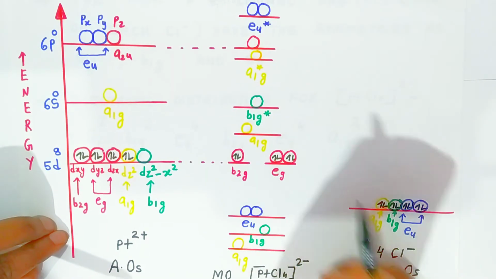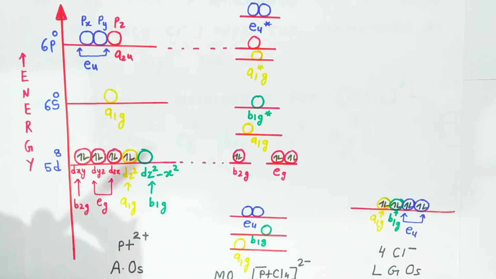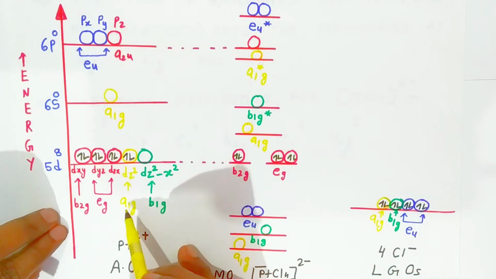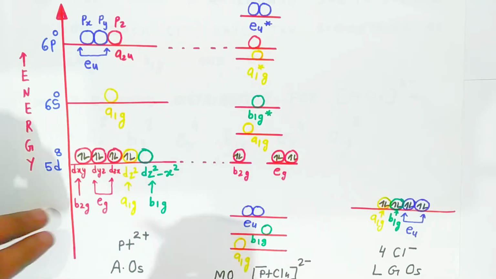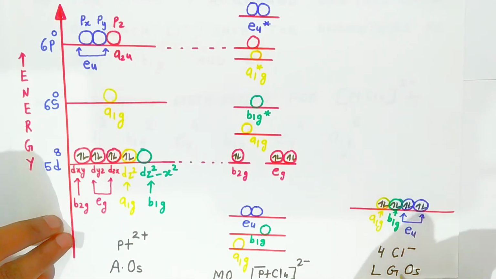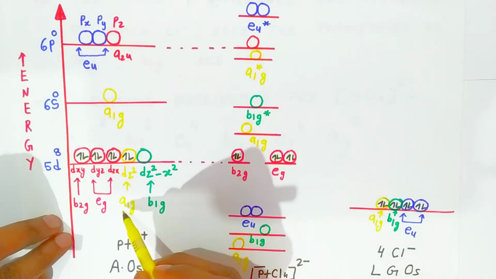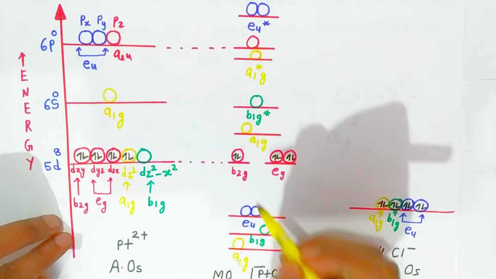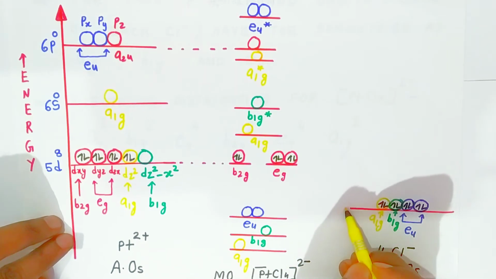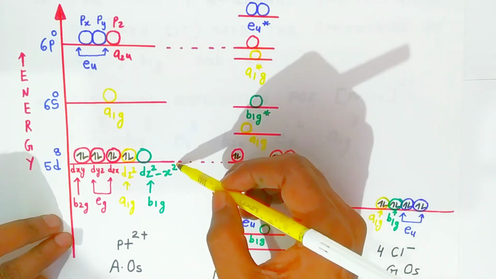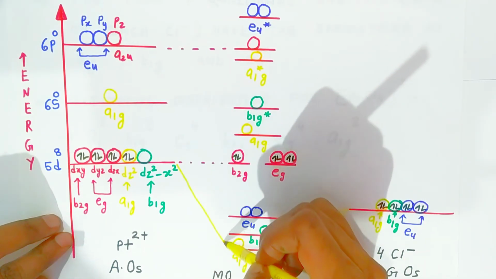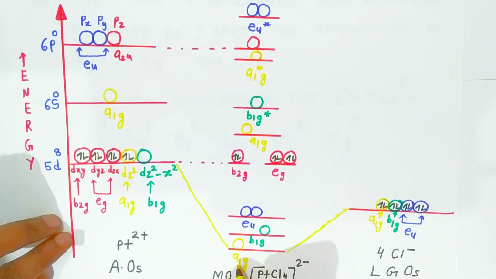Okay students, they will not participate with the ligand orbitals. Now what is remaining? You have A1G and B1G type of symmetry in the 5d orbitals. Now when the A1G ligand group orbital of chloride combines and overlaps with the A1G orbital of the metal, it will form A1G. So the A1G atomic orbitals are combining with the A1G atomic orbitals. First it will form the molecular orbital, that is A1G.